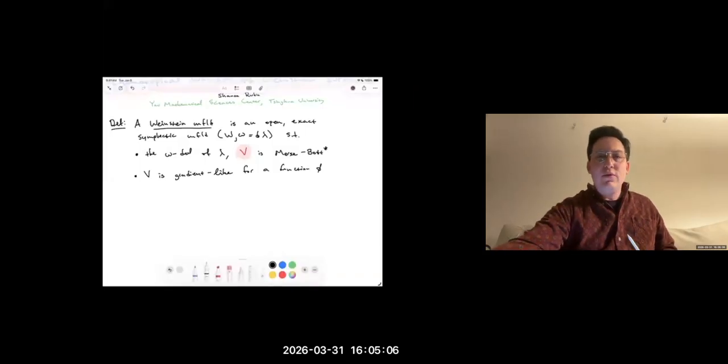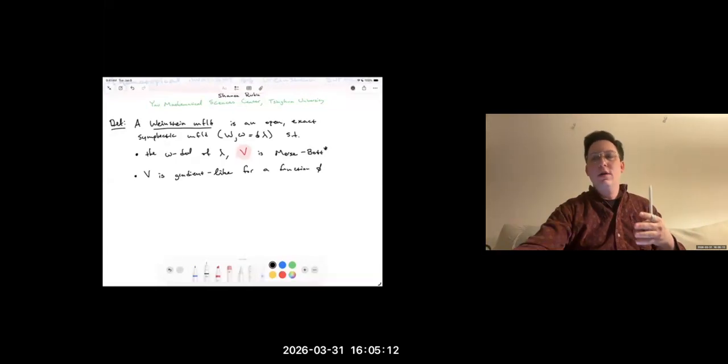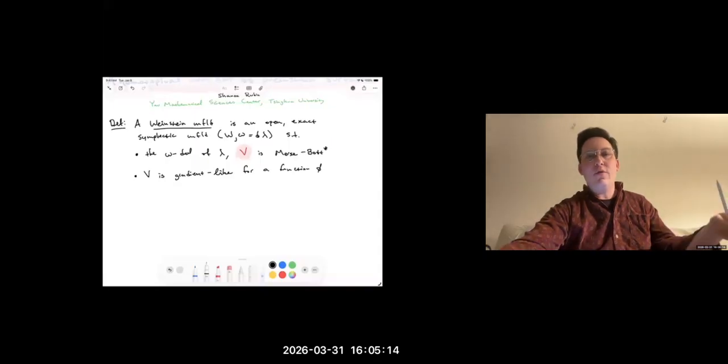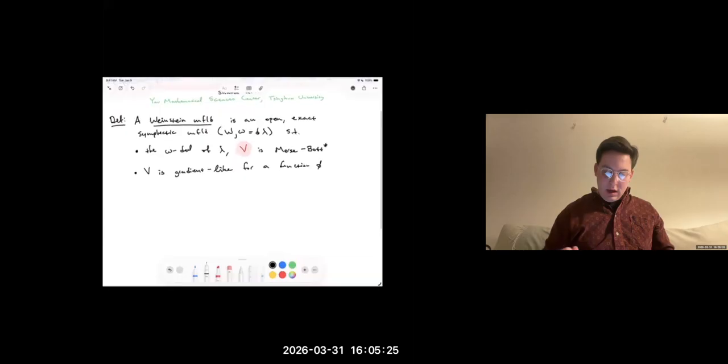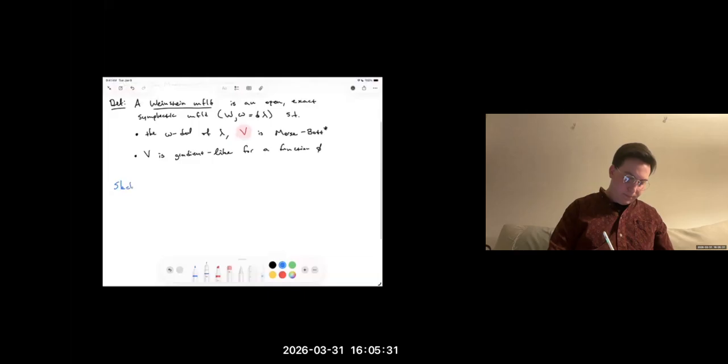And the usual way to understand the Weinstein manifold is through its skeleton, which is a retract of the manifold onto some interesting singular Lagrangian. A Lagrangian being a submanifold which is half the dimension of the original manifold, and along which the symplectic form vanishes, which in the case of a surface is just any curve. In particular, Weinstein manifolds should be able to be understood by their skeleton. So the skeleton of a Weinstein manifold